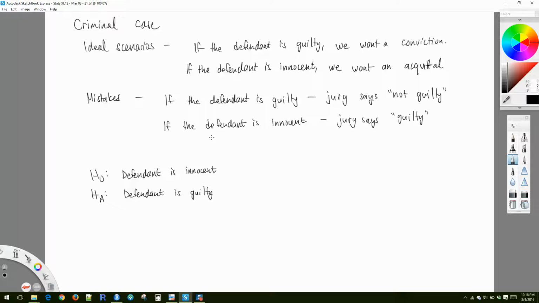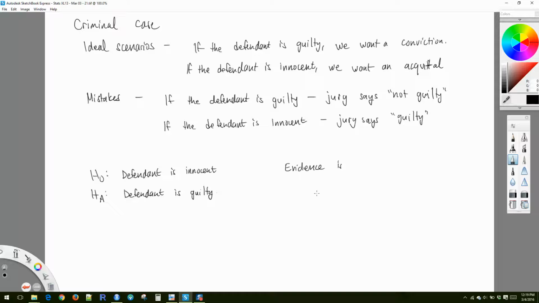Okay, and so because of this, we're always using evidence. The way our hypothesis tests always work is that we just assume the null hypothesis and evidence is presented, and if there's enough evidence, then we conclude that the alternative is true. But if there's not enough evidence, we just go on assuming the null hypothesis. Okay, so the burden of proof falls on the prosecution. So evidence is always used to support